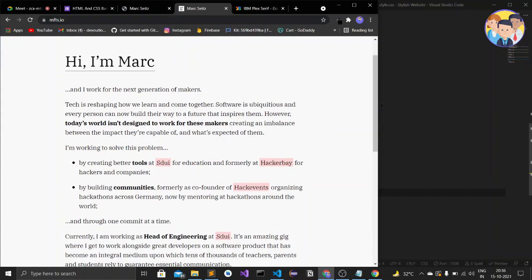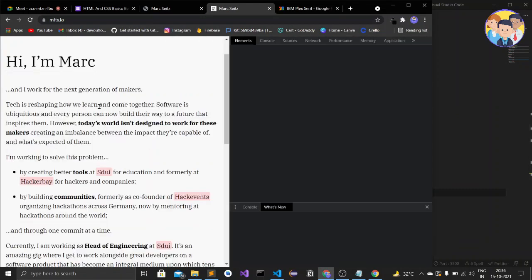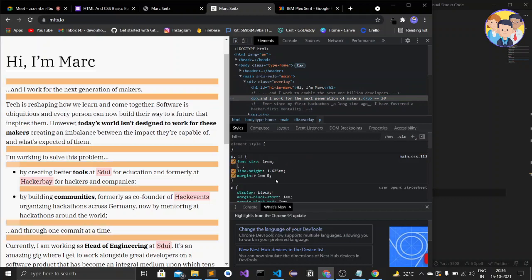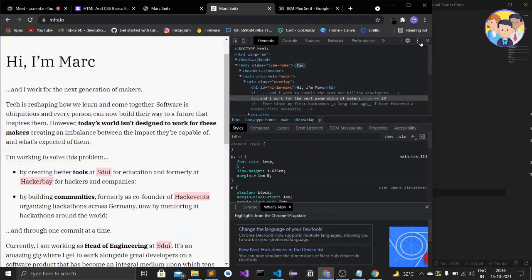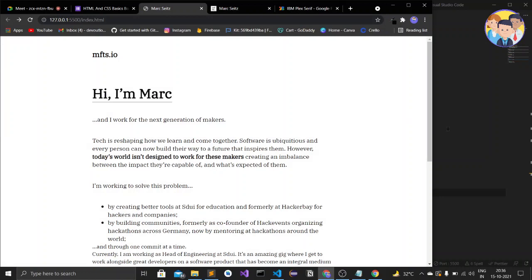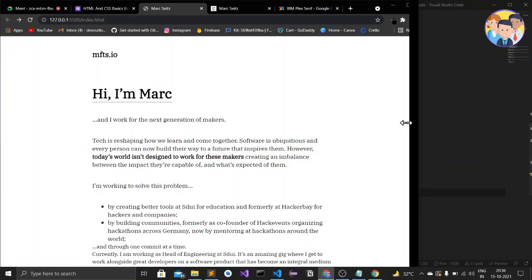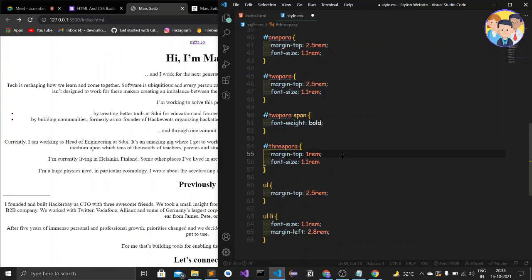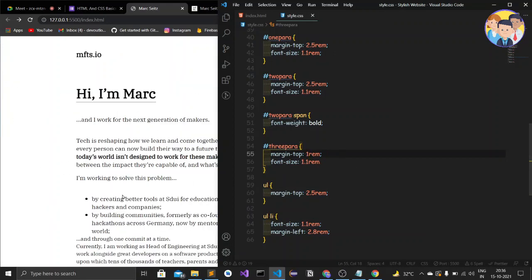Let's see in this inspect element how they have given it. I'll select this one, and let's see what the margin is. Top and bottom 1 rem. So there is a 1 rem margin. Margin top as 1, 1 is very small. It's looking good.